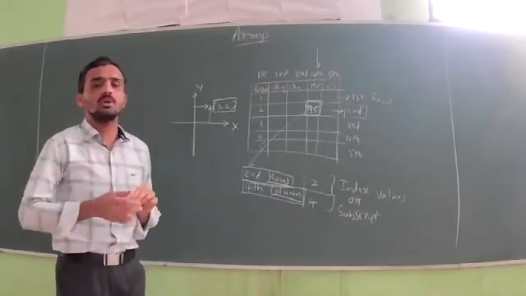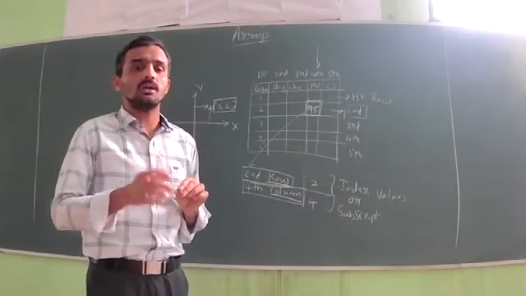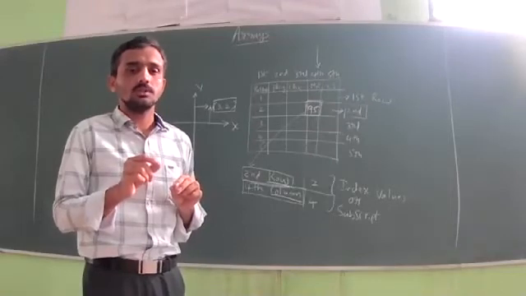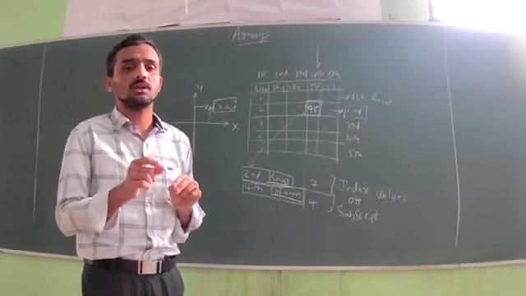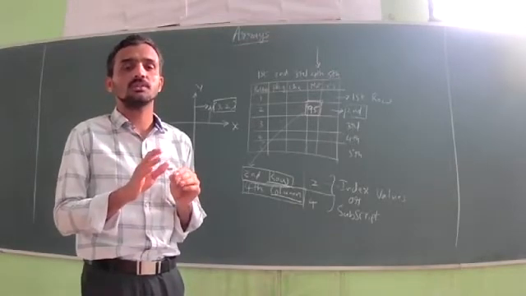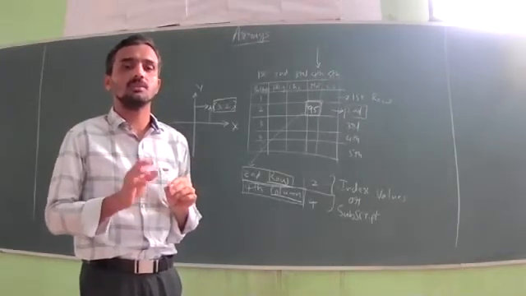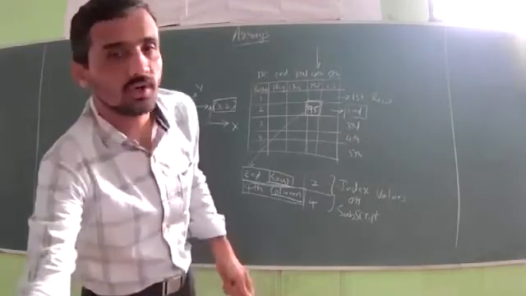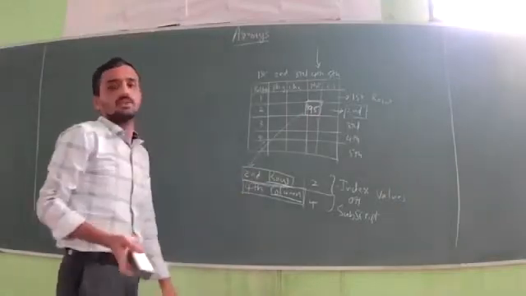When we talk about 1 dimension, only 1 dimension is required. That means either a row or a column, not both. If you represent in terms of row or in terms of column, then it is called a 1-dimensional array. You should not represent the values in terms of both row and column. Only one you have to use in case of a 1-dimensional array, and that is also called a subscript value. Now we will define these arrays: 1-dimensional, 2-dimensional, and multi-dimensional array.